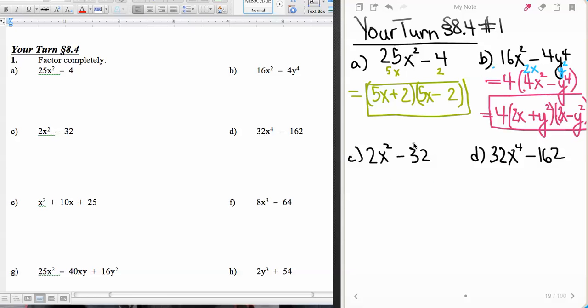Now this next one down here, again, I have a GCF, so I'll start with the GCF, and that's going to give me 2x times x squared minus 16. Difference of 2 perfect squares will finish in the